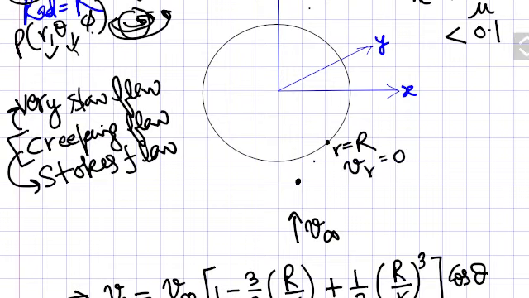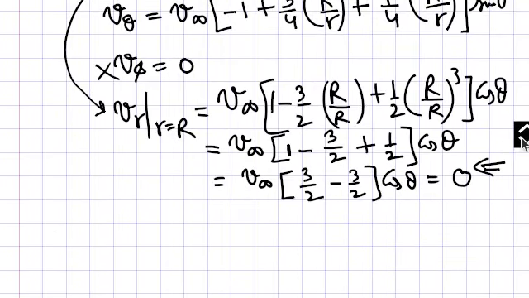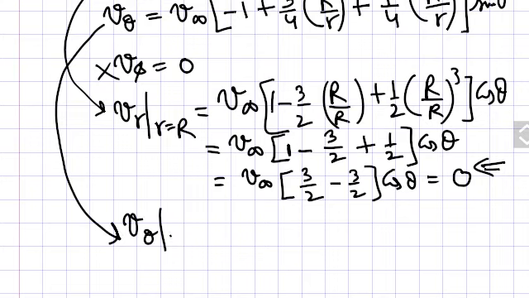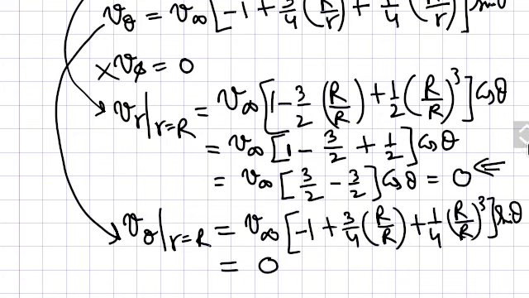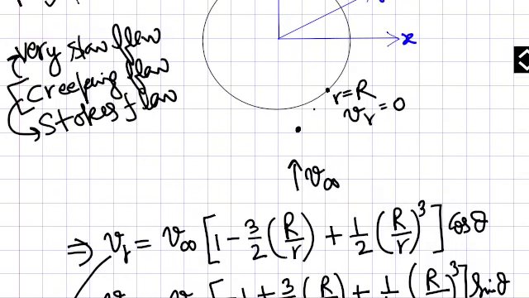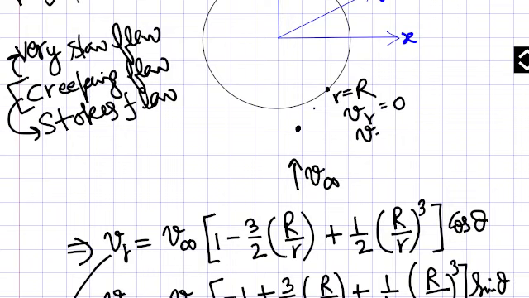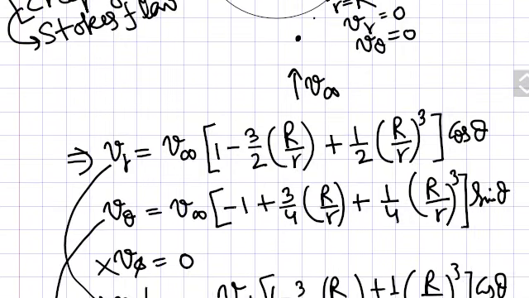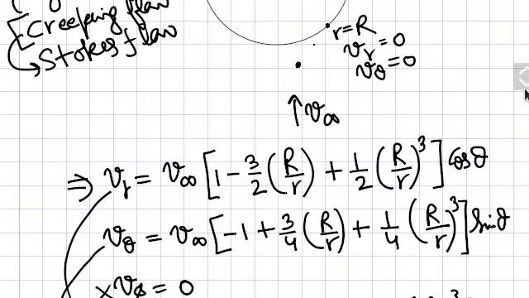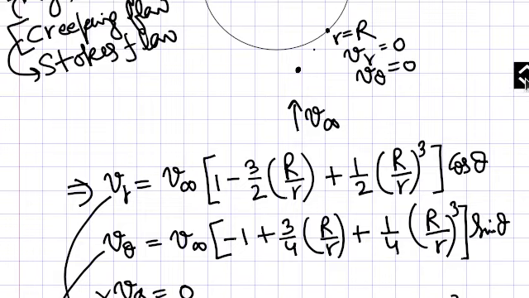And what about the velocity V theta? Again put r is equal to R in this equation, what velocity will you get? So again you can find that the velocity is 0, the V theta component is also 0. It means that there will be no velocity at the surface. So you can calculate or find the numerical value of various components of Vr and V theta at various points.